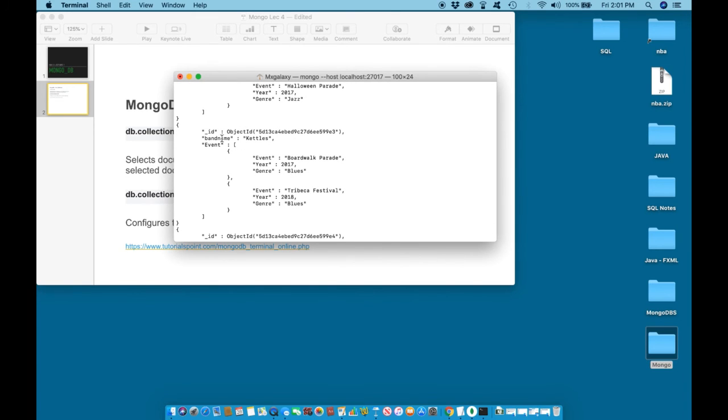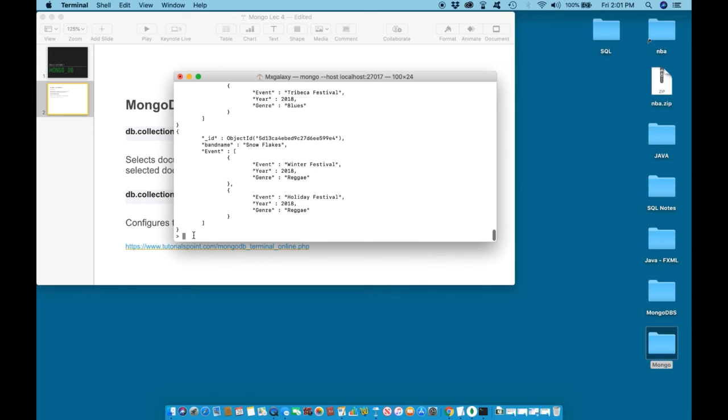Okay, so let us look up a band. Let's look up the band from the bands collection whose name is Kettles. To do this, we will do db.bands.find, open parenthesis, open curly bracket. We're looking to find the band name, colon. Now this is a string. The band name is a string, it's a data type. So within quotations, indicate the name of the band we are looking for, which is Kettles, closing curly bracket,